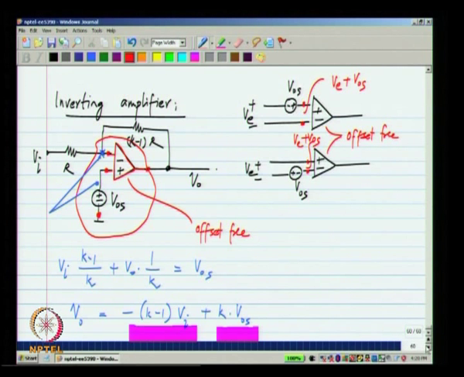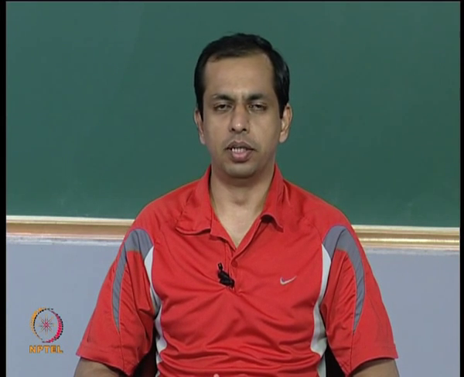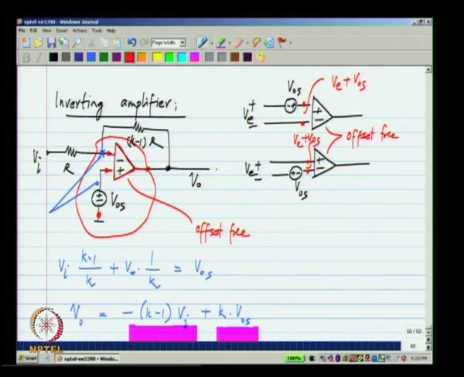So, that is about the offset of the op amp. Now, you can see that the offset creates an error in the output, it creates an offset in the output as well, and you have to either choose an op amp which has a low enough offset for your application, or find some way of getting rid of the offset even though the op amp itself has an offset.